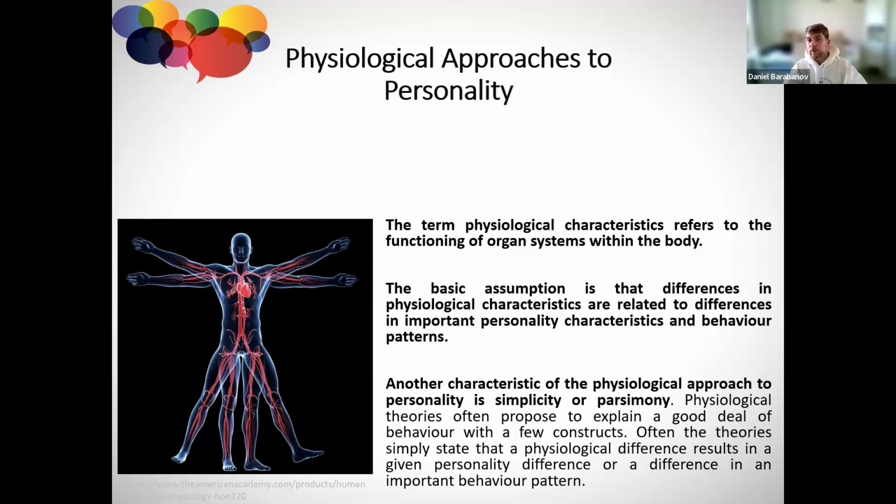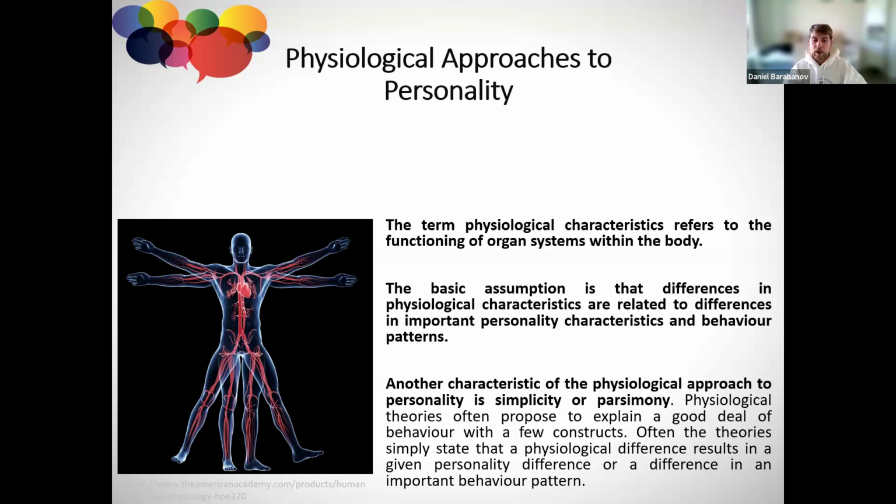It has its own advantages because we don't use any additional constructs, but at the same time, it might sometimes be oversimplistic, because physiological differences alone cannot explain all the personality differences and all the personality processes. You will see this after investigating and studying those different theories,